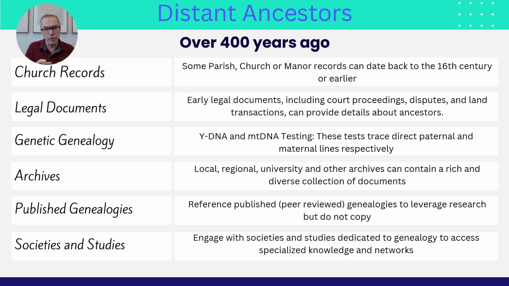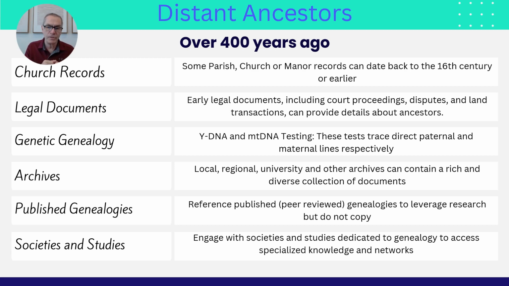There was no formal adoption around this time, so people may have taken in family children or other relatives and just simply changed their name. So again, can be very confusing. It will take a lot of time, and often we'll need to collaborate with other genealogists to get to our distant